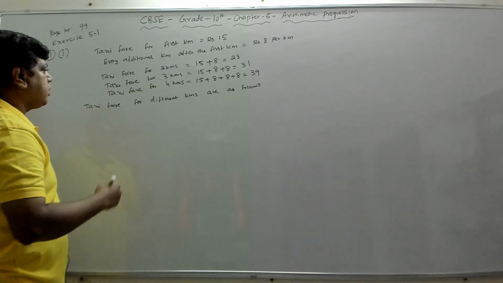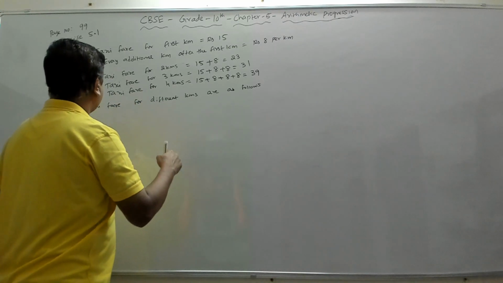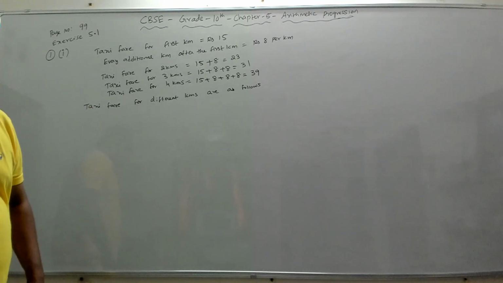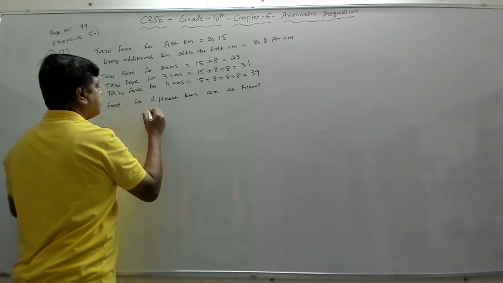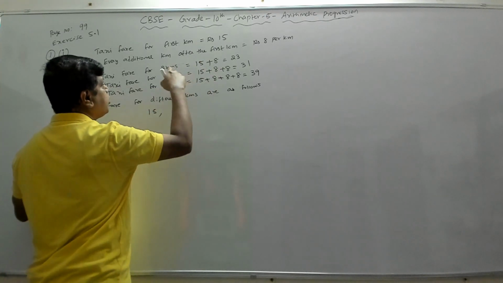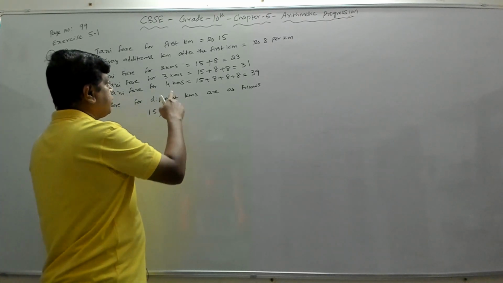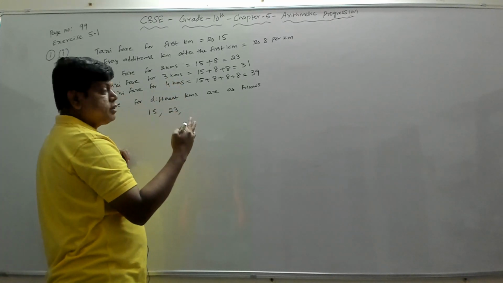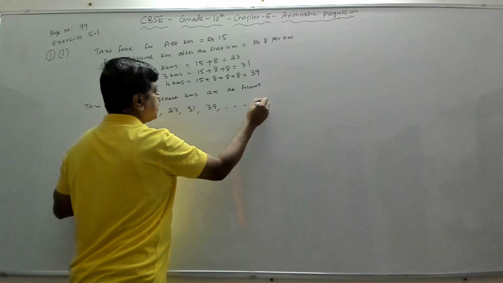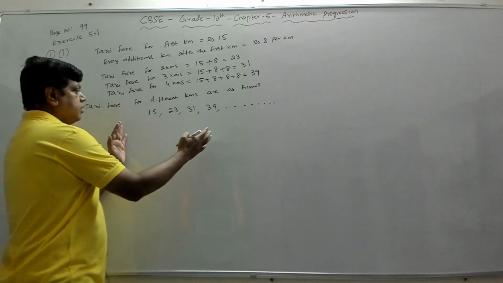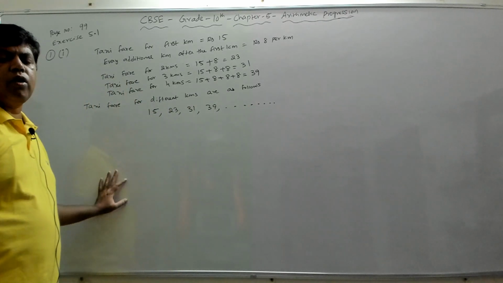The taxi fare for different kilometers, which means for the first kilometer, how much is charged? 15 rupees. For 2 kilometers, how much is charged? 23 rupees. If you want to travel 3 kilometers, the charge is 31, and for 4 kilometers it is 39, and it goes like this. Now we have to check whether this set of numbers forms an AP or not,